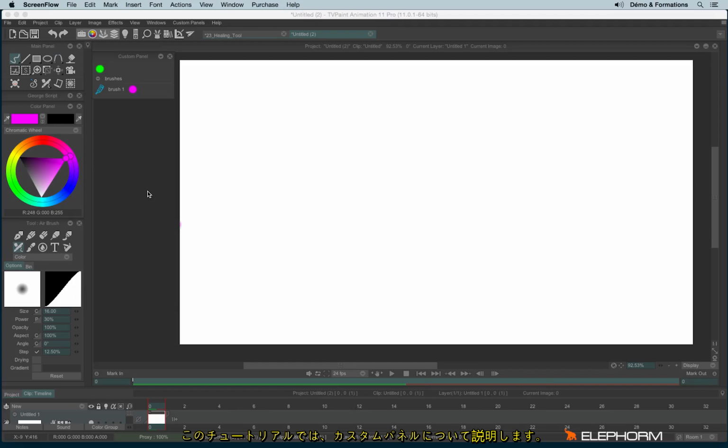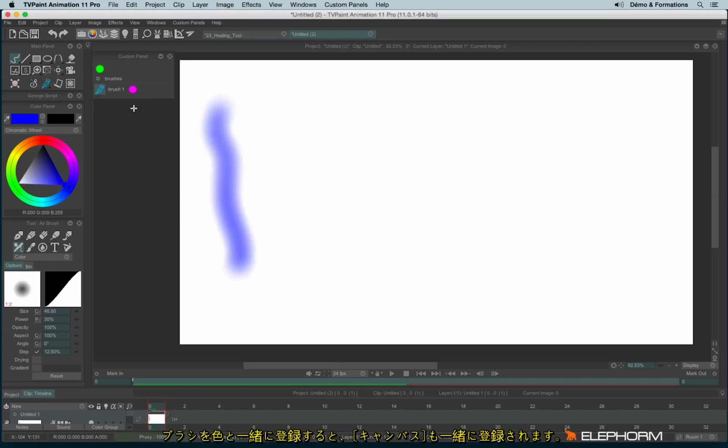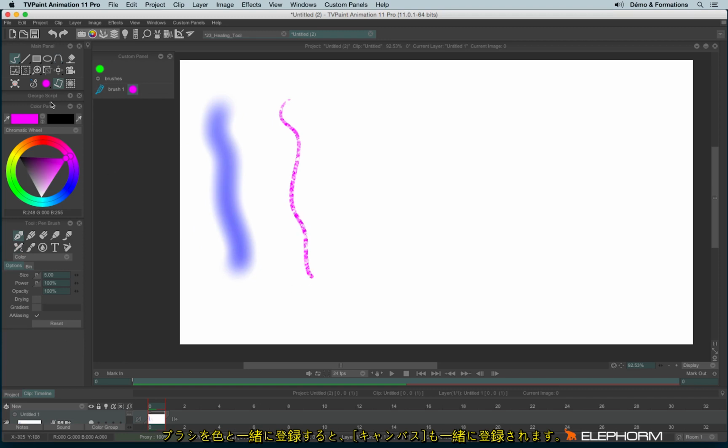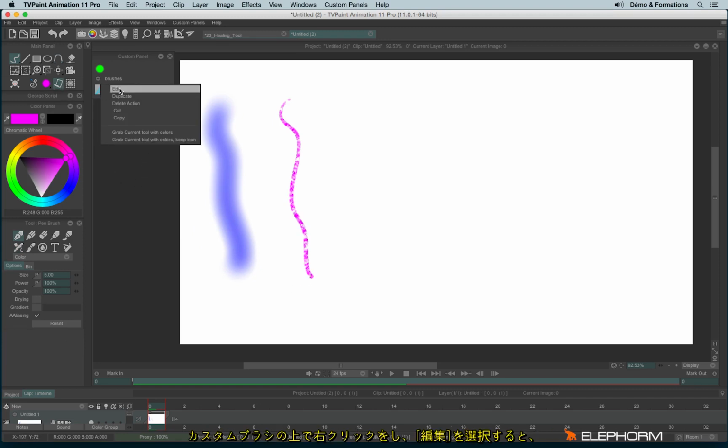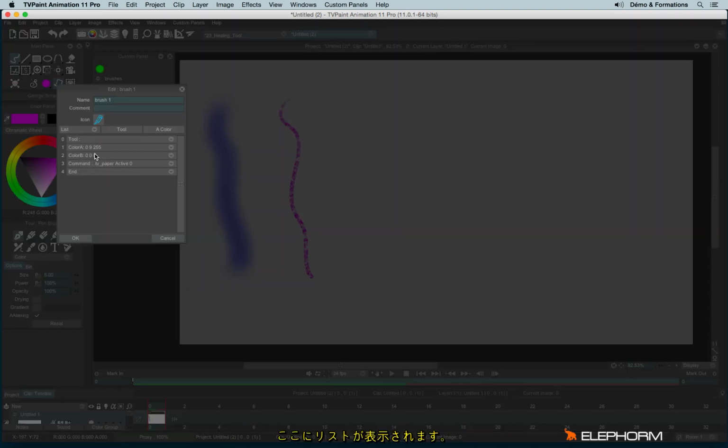In this tutorial, I will talk about the advanced feature from the custom panels. First of all, if you remember from the previous tutorial, I have grabbed two brushes with colors. And when I grab brushes with colors, I also grab the papers. So if I right-click on these brushes to edit them, we can see here a long list,